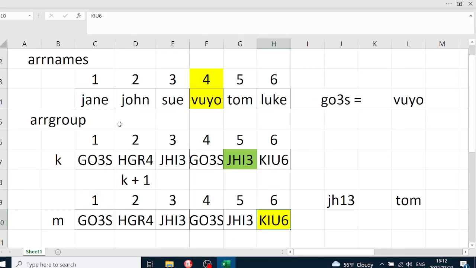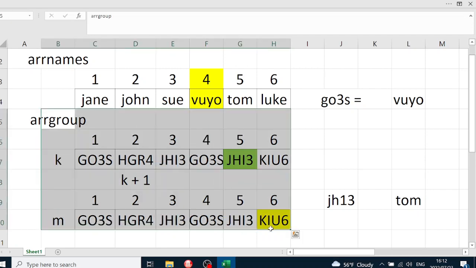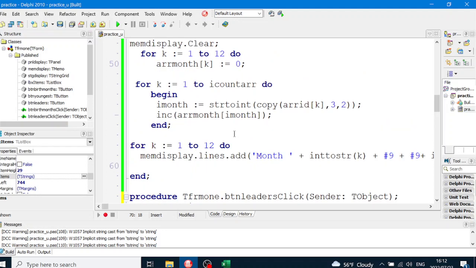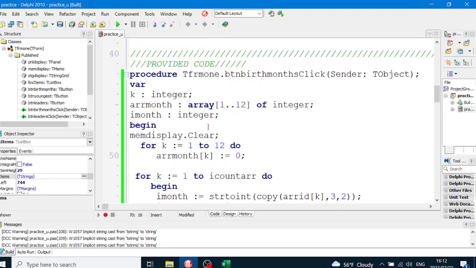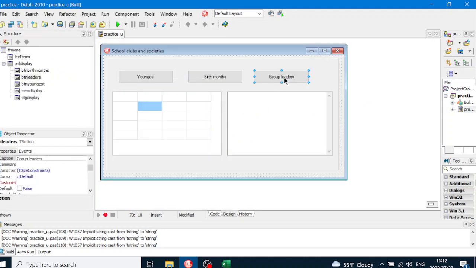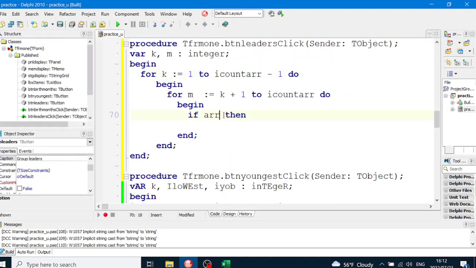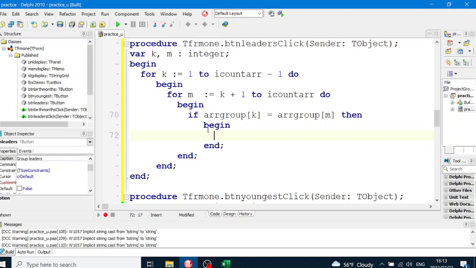Remember AR group? We're going through the array AR group to see if there's any duplicates. So if AR group box number K equals AR group box number M, then begin and end, I'm going to make